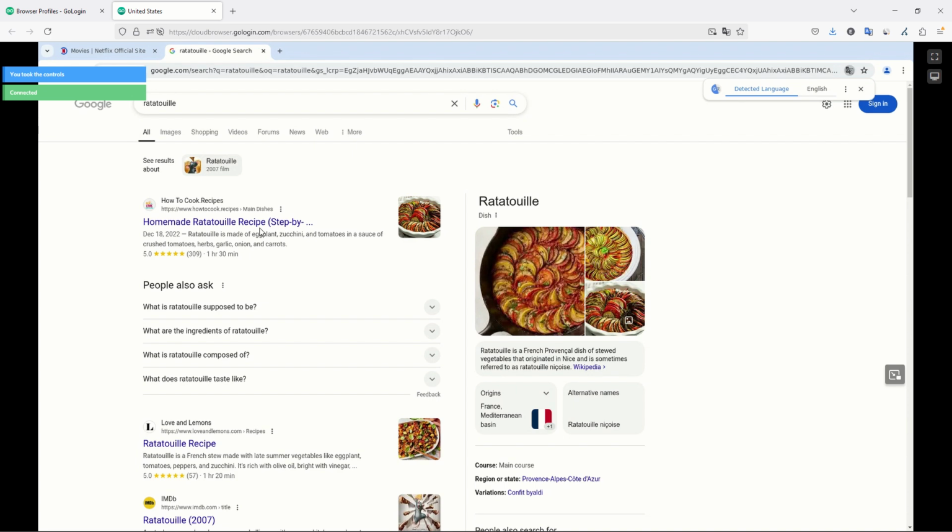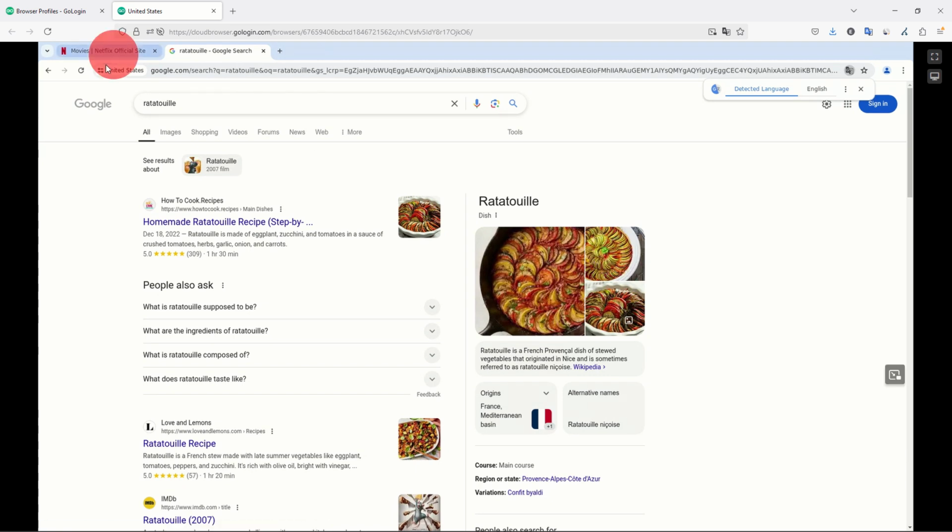For example, I have looked for a ratatouille recipe. It will be different if I look for it in the United States or in France. And here I don't need to use a VPN. So, of course, this is a simple example. But if you manage, like me, a set of social media profiles that are different per country, and sometimes you eventually get issues because you need to run a VPN to be able to access some accounts,